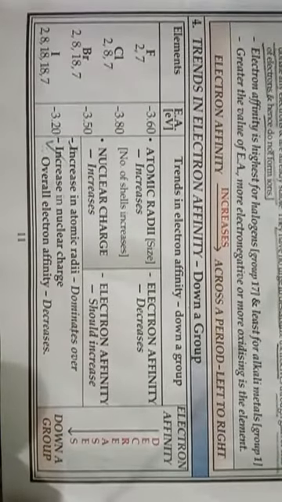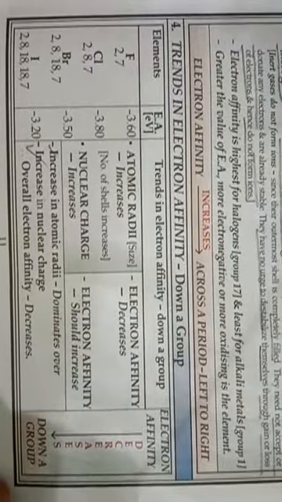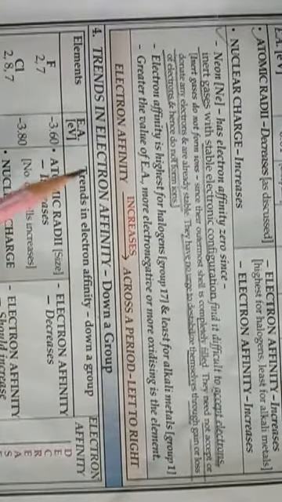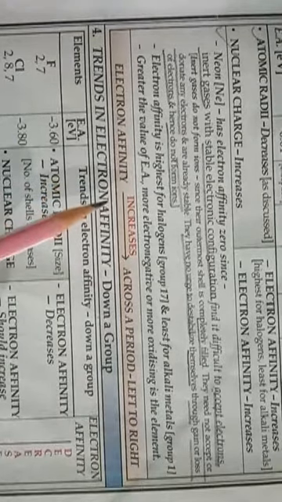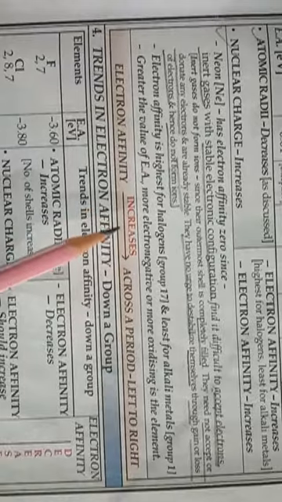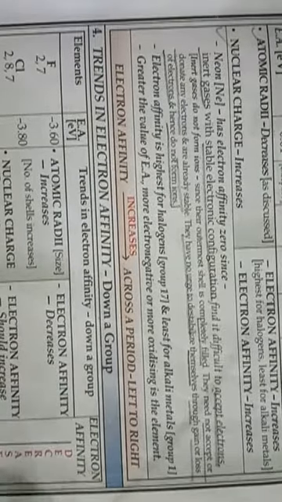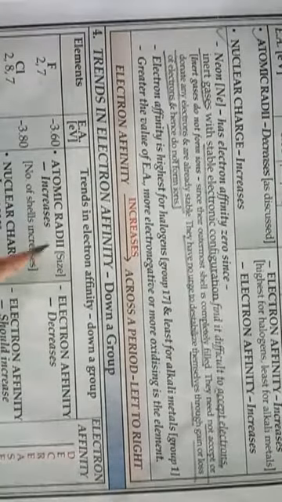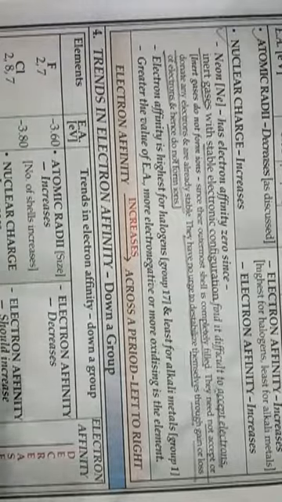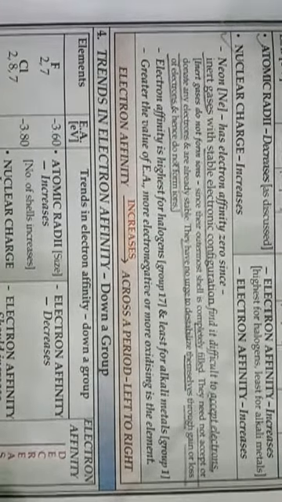Okay, so with the help of this discussion, you will be able to understand that the trends of both electron affinity and ionization potential are the same in different periods and groups of the periodic table. These two properties increase in a period from left to right, and decrease in a group from up to down. Okay children,